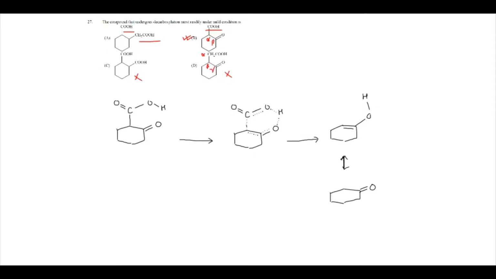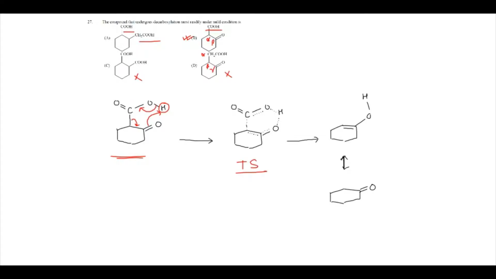But why? The reason is given here. You can see that this hydrogen will form a bond with the keto group. So, the keto group will help in the removal of this hydrogen from the carboxylic acid group. This keto group is going to take the hydrogen, this single bond will come over here, and this one will move over here. So, this whole process is going to happen, and the transition state will look like this,